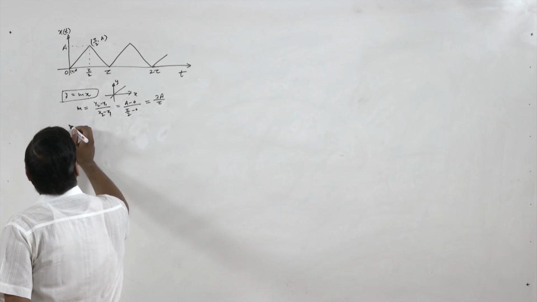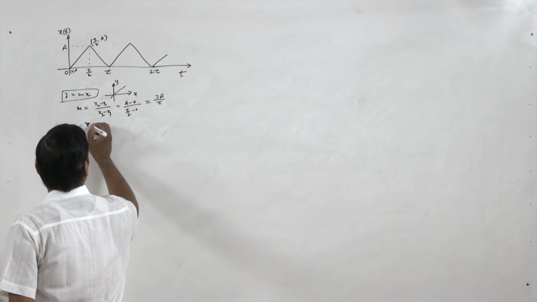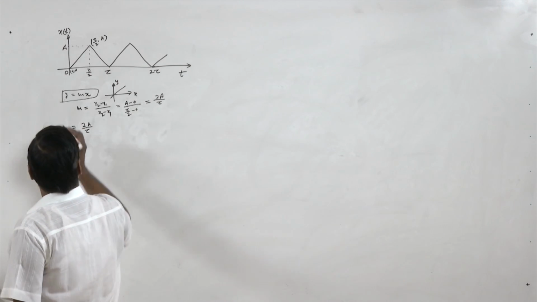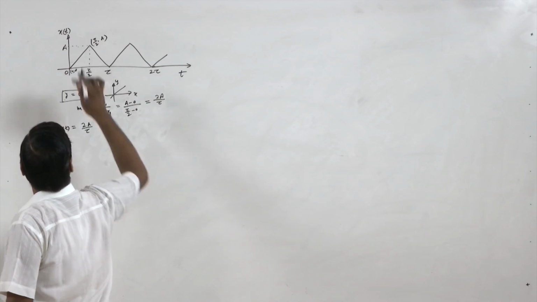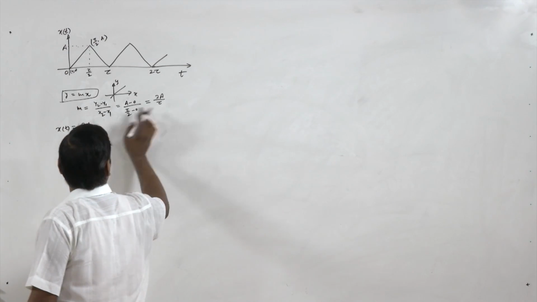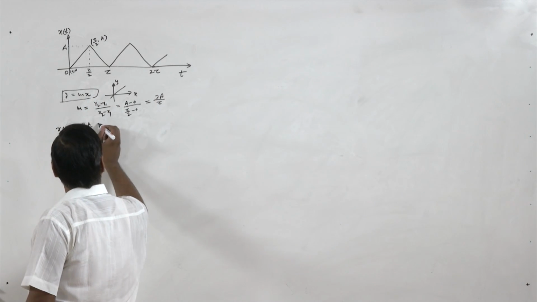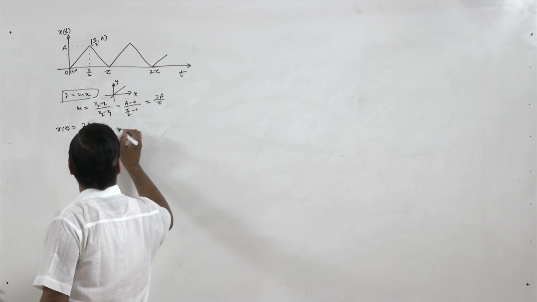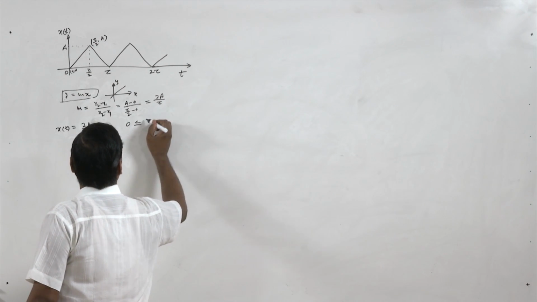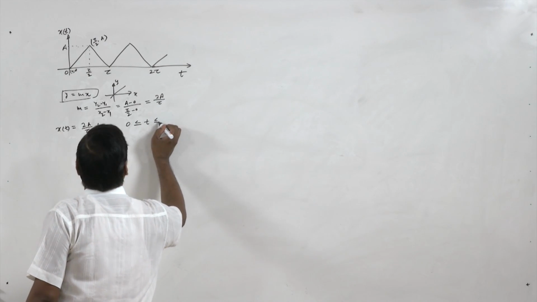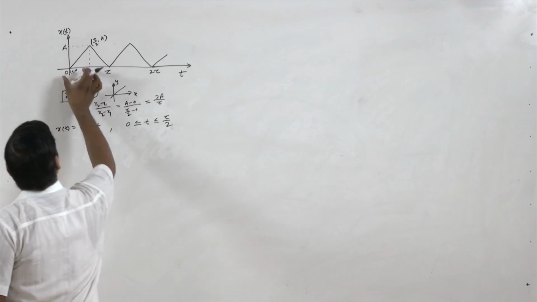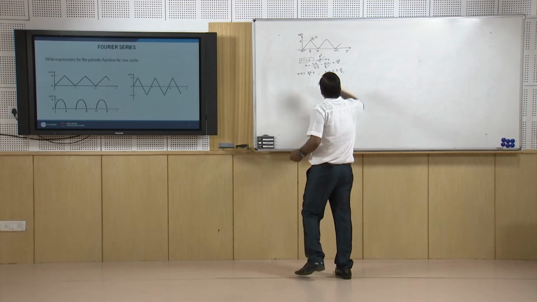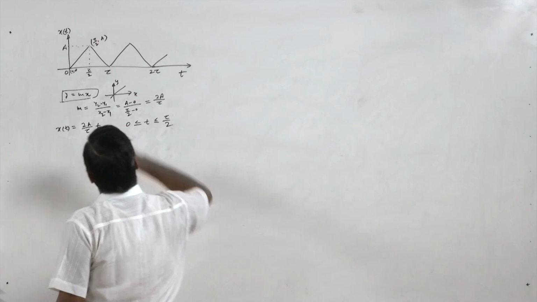Now y equal to mx, so y equal to 2A by tau. So here y is x(t), because here on the y axis we have the function x(t), and m is 2A by tau and x is t. So this is the equation of this line, and this is valid for 0 less or equal to t less or equal to tau by 2. So for the half cycle we have defined this periodic function. Now we have to define these functions. So this line